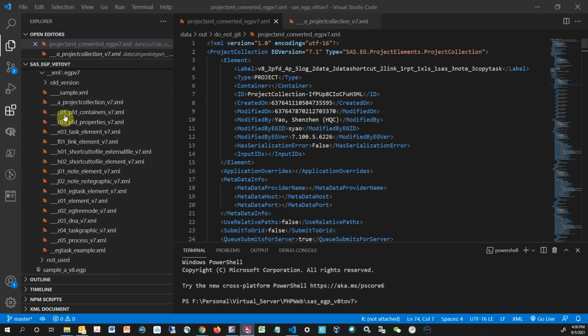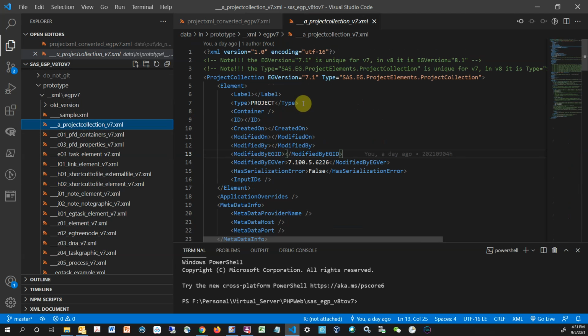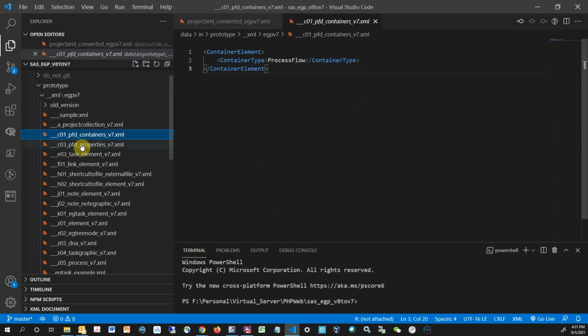So each of them indicates a unique structure for a component or a part of the file that will be needed to define a task component or a link or whatever for this version 7 file. So I'm just briefly going to go through that. This one is for the whole project, and then these two are for